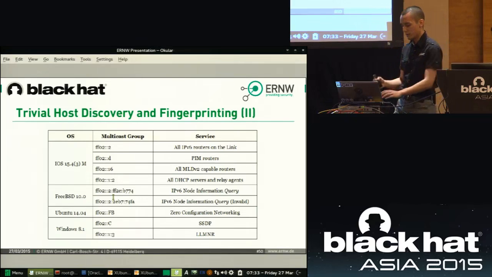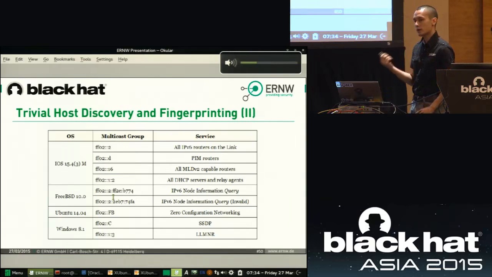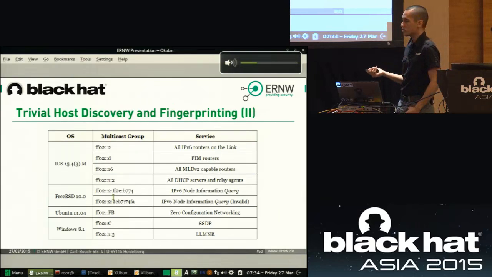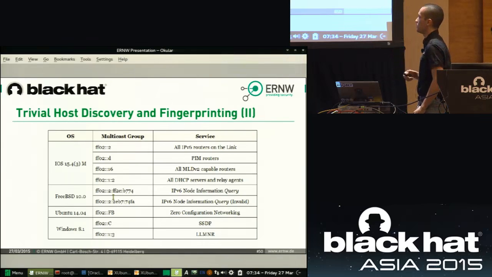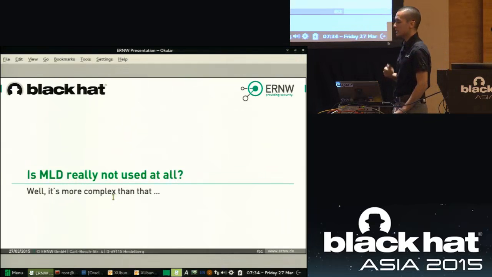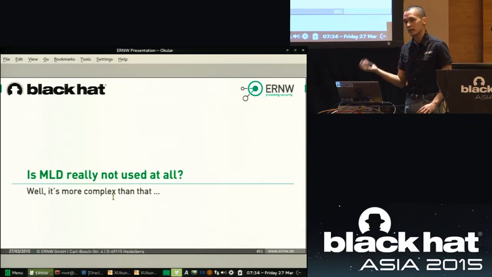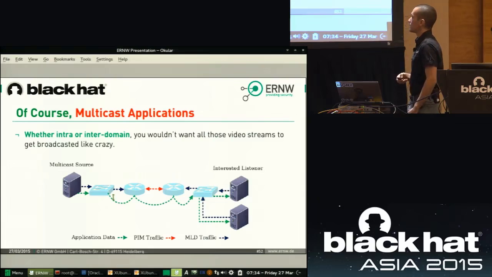You can kind of infer from the groups which are joined by a particular host which kind of host it is. It's not reliable, of course not. I could join this group in a Windows machine, but it's another piece of information. So, as I already said, is MLD really that useless? It only serves malicious users and attackers to do pivoting and to DoS my router and my switch?